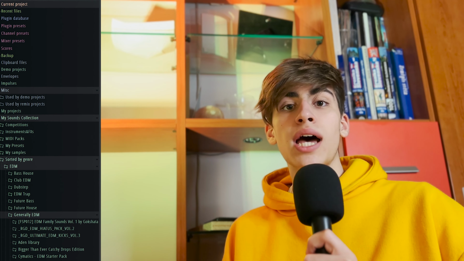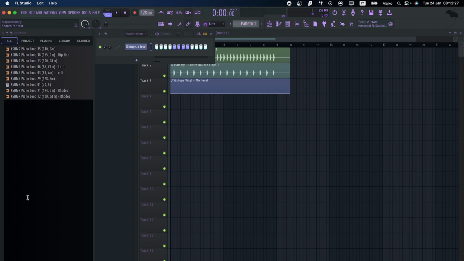The browser is the part of the DAW where you're gonna mostly look for your samples and in some cases VSTs. The FL Studio browser has been updated with the release of FL21, and it now allows for tags to be added to samples, and it has a search tool, which sucks. So it's far from great, but it's a step in the right direction.